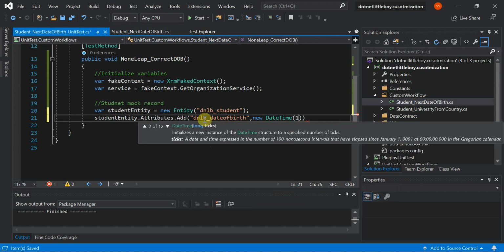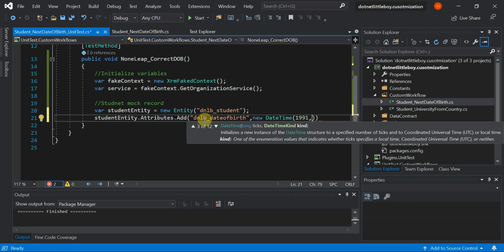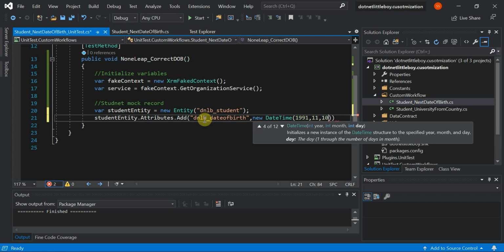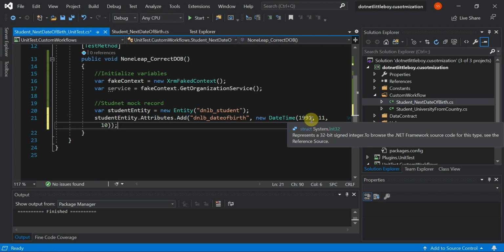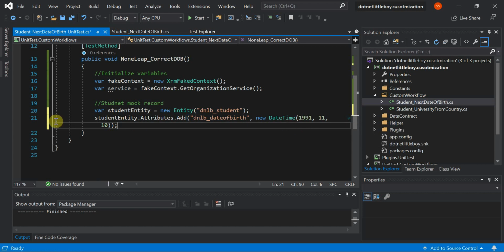Say 1991, then the month, say 11, and the date 10. So this is a non leap year and the correct date format I have taken. Since I have not taken a date which is greater than the current year, this is some valid date, and based on this the upcoming date of birth will be generated.